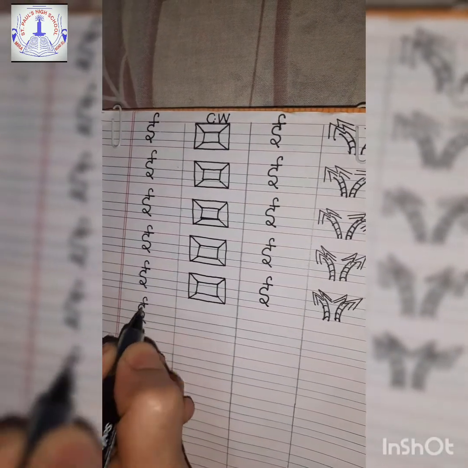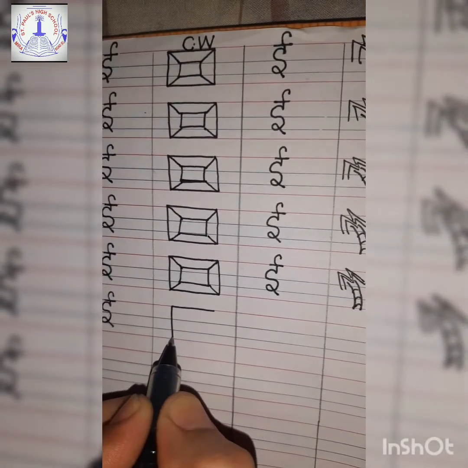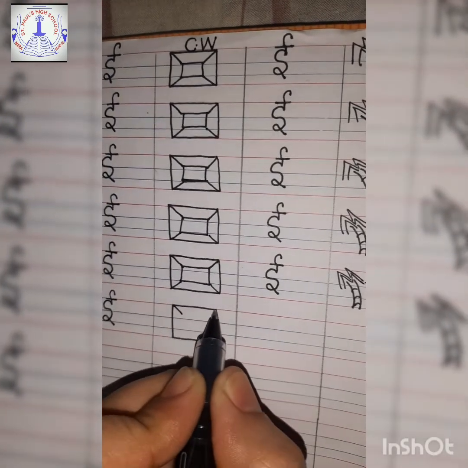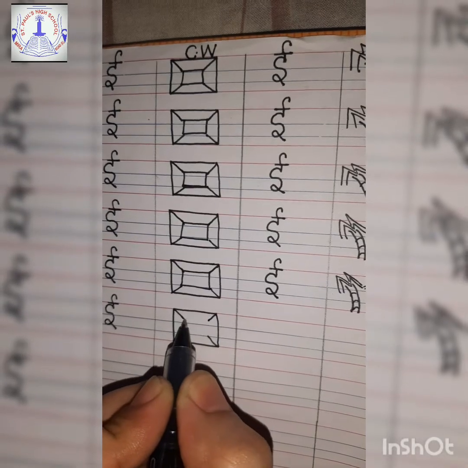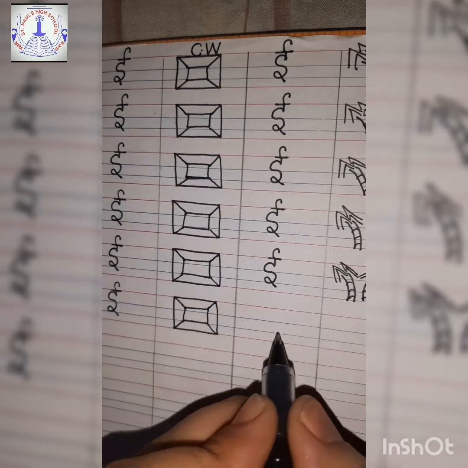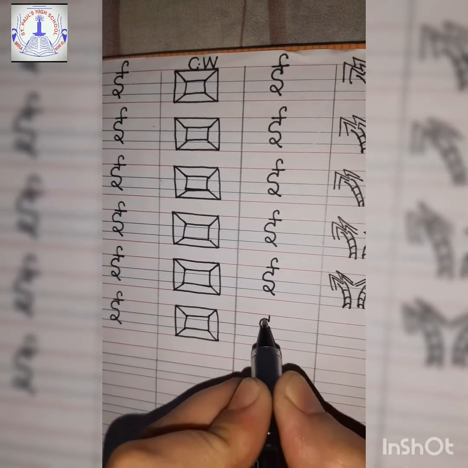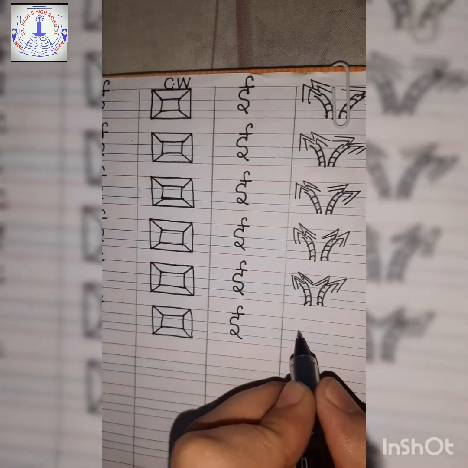So here we are going step by step with the correct pattern and the pictures. One below the other, write neatly, and one below the other, draw the picture neatly.